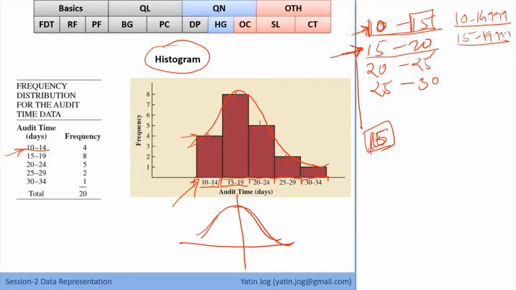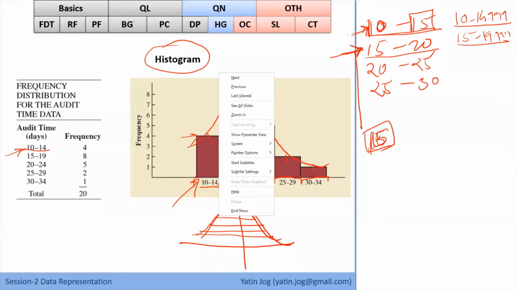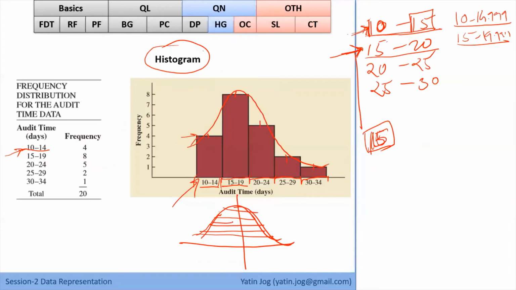Always remember, distributions will give you an idea about two things. First, what is the spread of my data? And second, how far my data points are from my middle location, that is my mean. We are going to discuss all these things in variance and standard deviation in tomorrow's session. But that's why distributions are a very powerful technique, because they give us an idea about the spread of the data, as well as how far my data points are from my mean value.